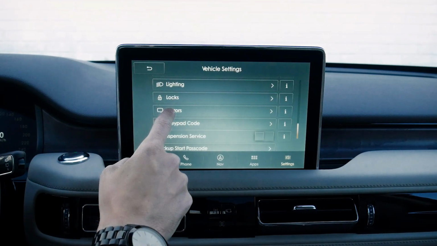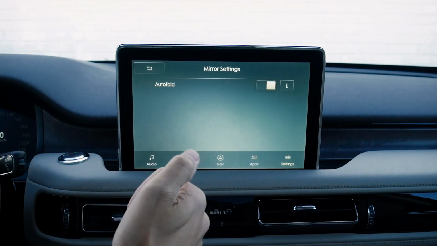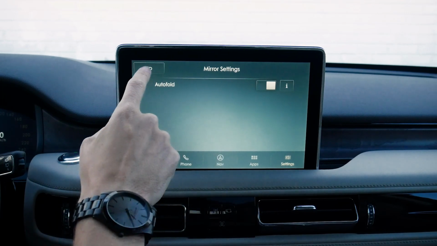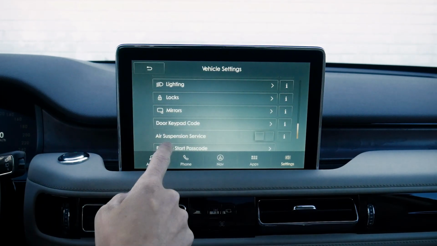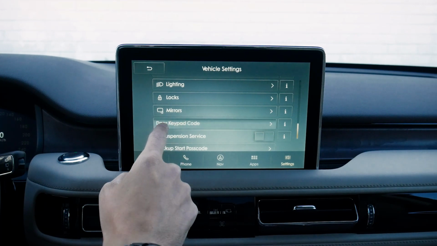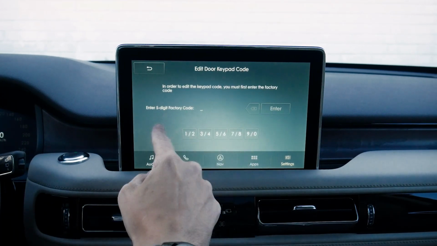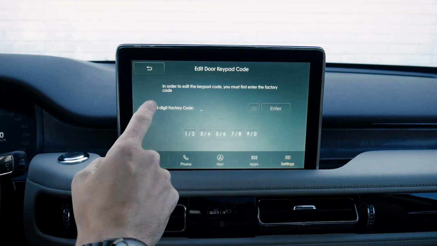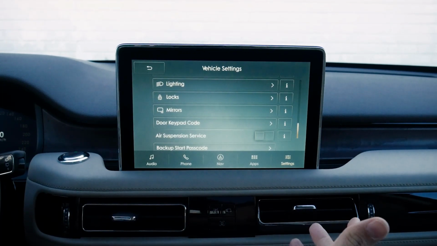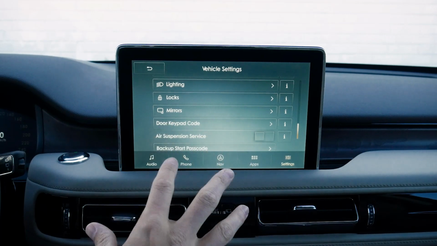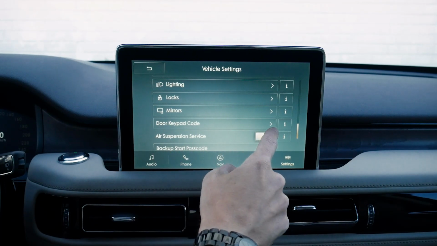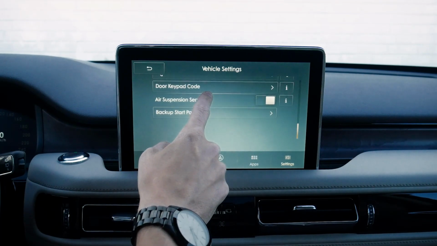And back again, we've got some options for our mirrors. So we've got our auto fold, so when we go to lock the vehicle, do the mirrors automatically fold in? And then we've got, there we go, so our door keypad code. So we've got a 5-digit number. Factory number is going to be standard, but we can program in multiple other codes if we wanted to. And that's going to give us the flexibility to actually get into the vehicle if we don't have our key fob on us. Air suspension service, we can turn that thing on or off if we want to,